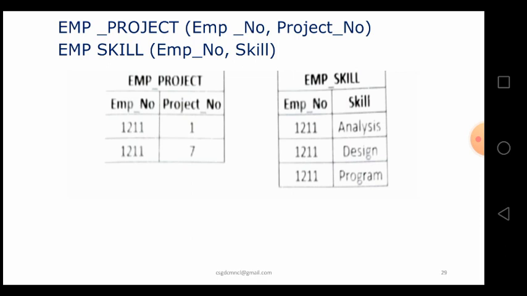Next, the student hobby table. In that, student ID and hobby. Here student ID 21 has hobbies dancing and singing, and student ID 34 has the hobby dancing. So the above table we can divide into student ID and course as one table, and student ID and hobby as another table. That is fourth normal form.